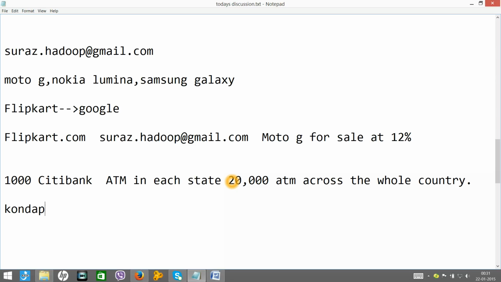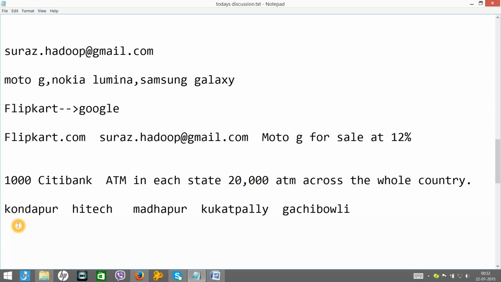Let's say Kondapur is a place, High Tech City is a place, Madhapur is a place, Kukatpally is a place, and Gachibowli is a place. Let's assume we have one Citibank ATM in each: one ATM here, one here, one here, one here, and one here.